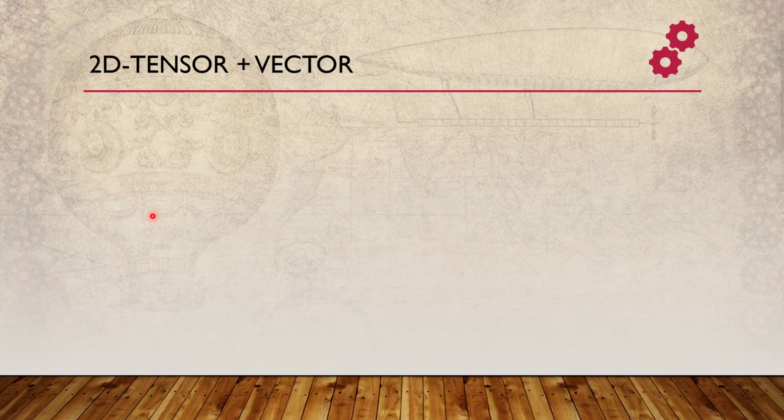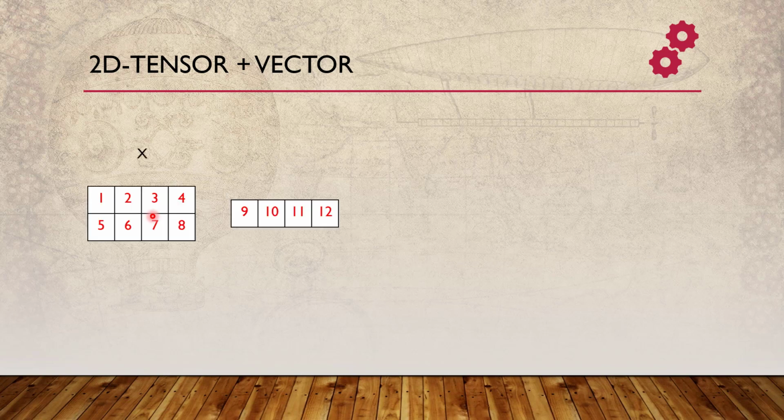Let's talk about an example of a 2D tensor and a vector. The same example we saw initially: our x is a 2 by 4 matrix and y is a vector with the size 4, correct? Now when we talk about broadcasting of tensors with different dimensions or different ranks,